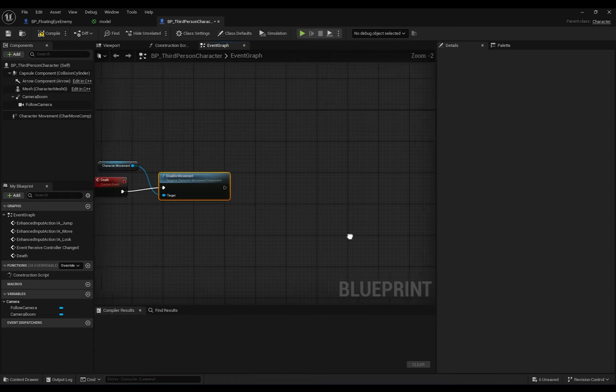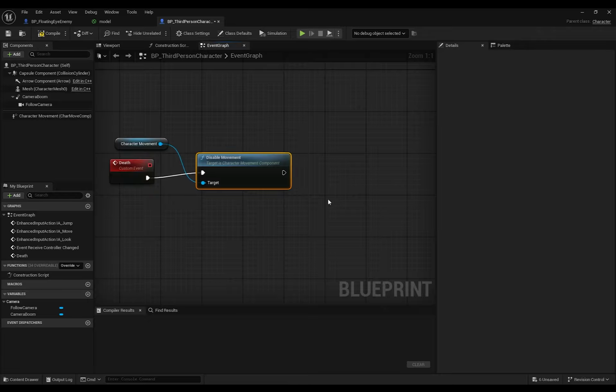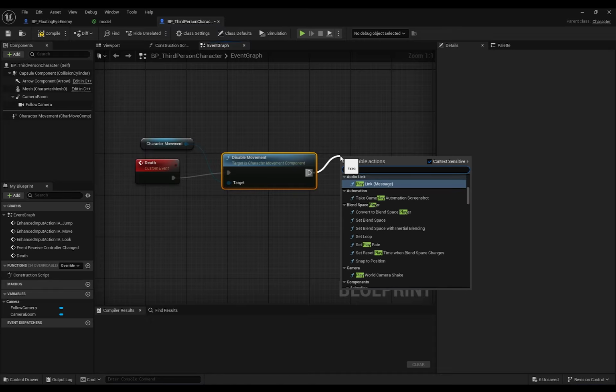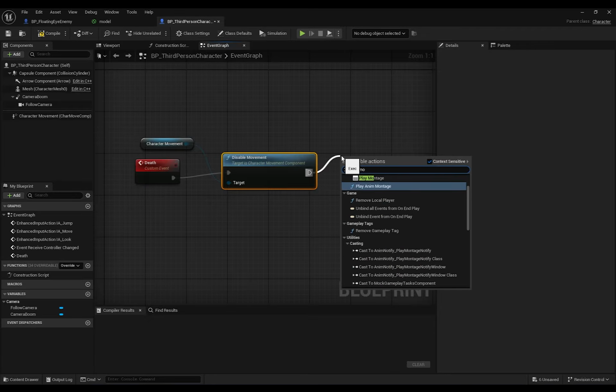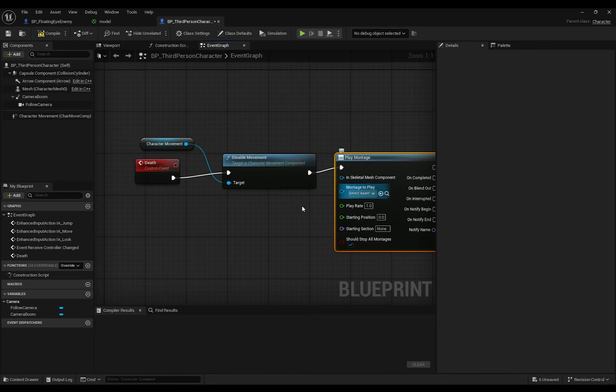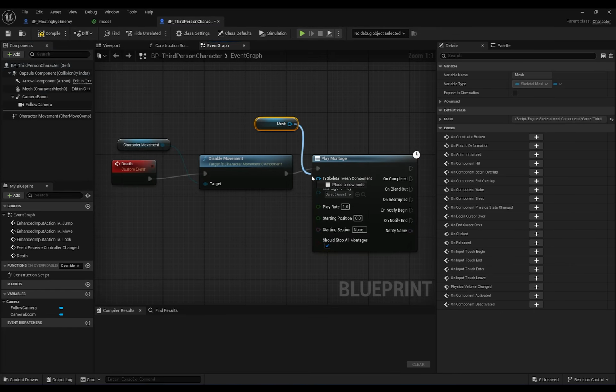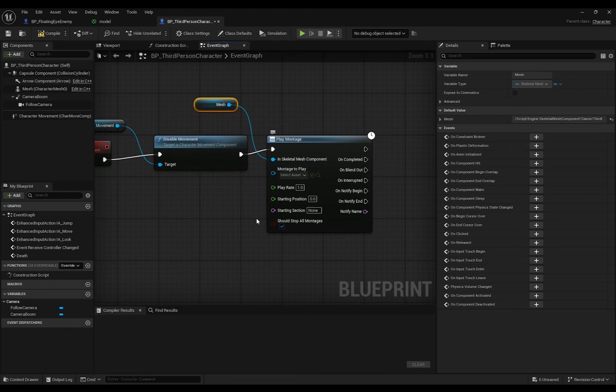And I need to play death animation, so I drag this and set play montage, this one. And for the skeletal mesh, I drag our character mesh and connect it to this, and we need death